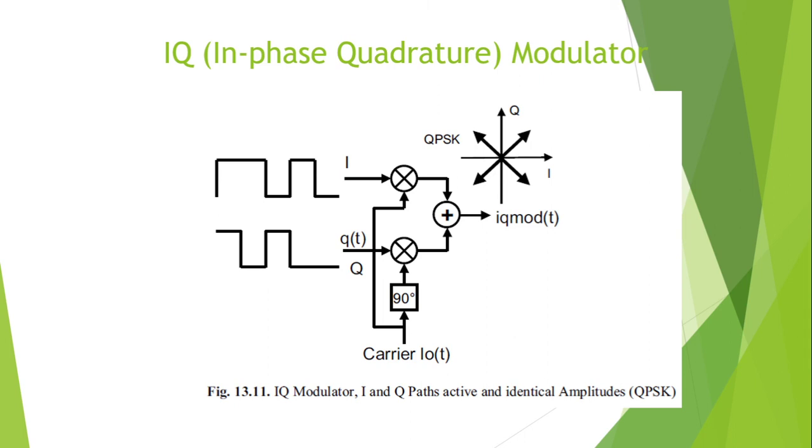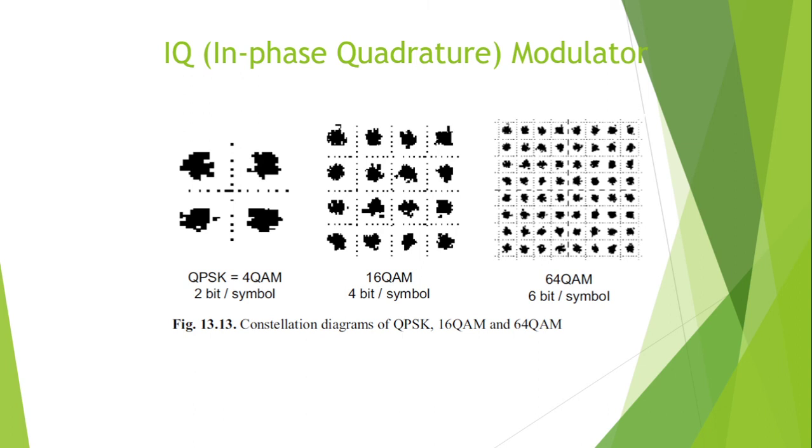In vector diagrams for IQ modulation, it is very common practice to represent only the end point of the vector. The vector diagram in which all possible vector end points are entered is referred to as a constellation diagram. Look at figure number 13. Figure number 13 shows the constellation diagrams of real QPSK, 16 QAM and 64 QAM signals that are impaired by noise. The decision thresholds of the demapper are shown too.